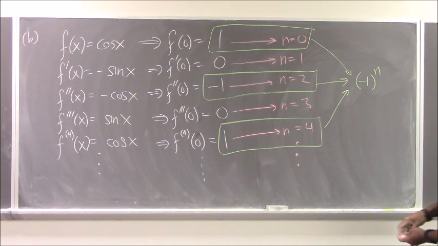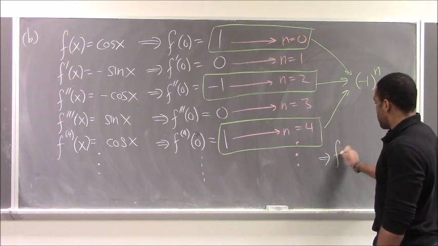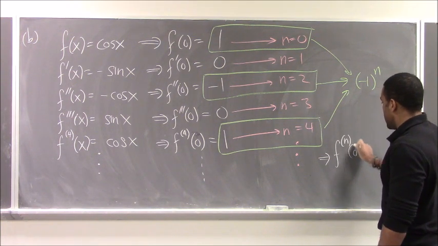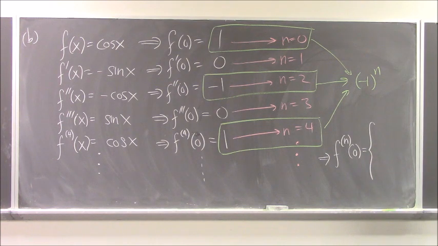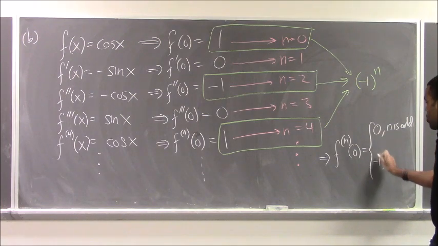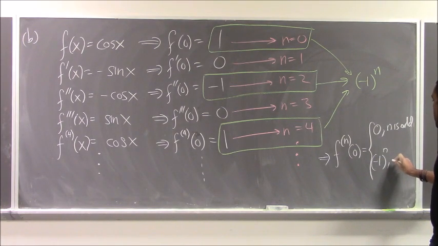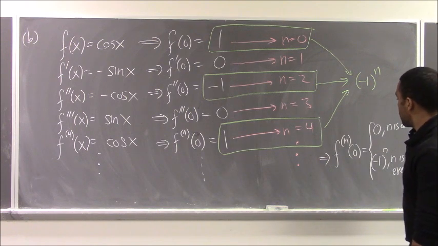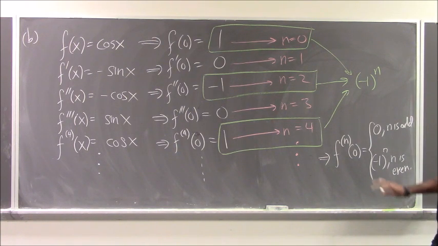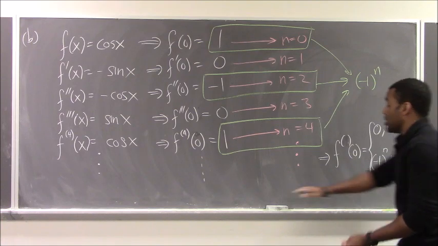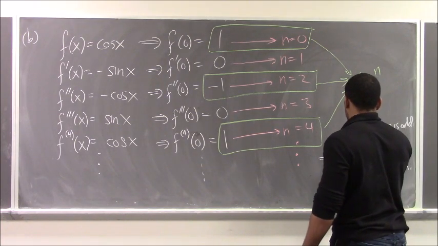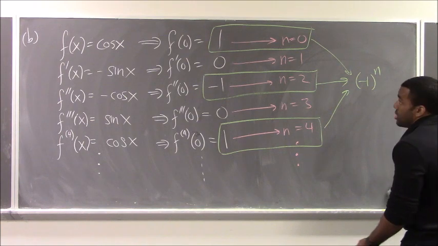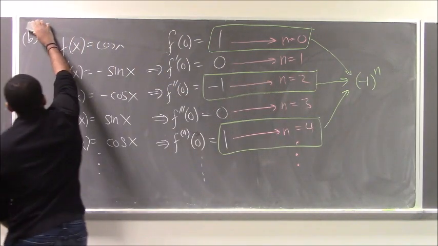So in other words, you could say here that your f to the n evaluated at 0 really behaves in two different ways. It will give you a 0 when your n is odd, and it will give you a -1 to the n when n is even. Or there's a nicer way to actually say that. Well, let's write that down in a nicer way. So basically what we're saying is